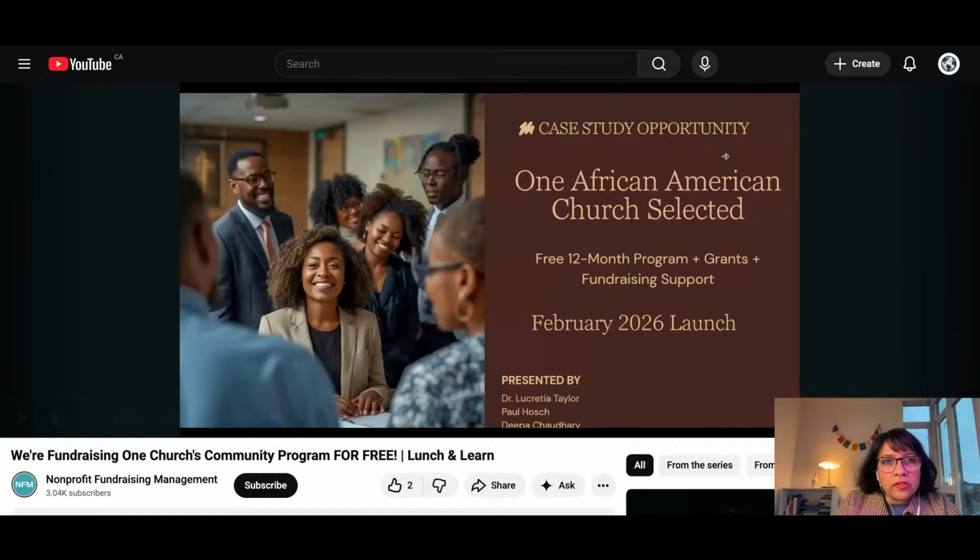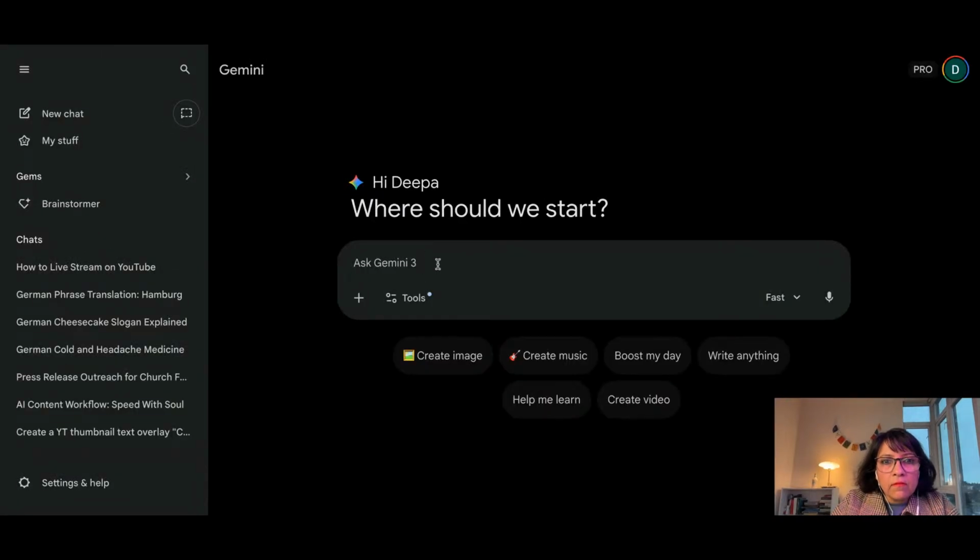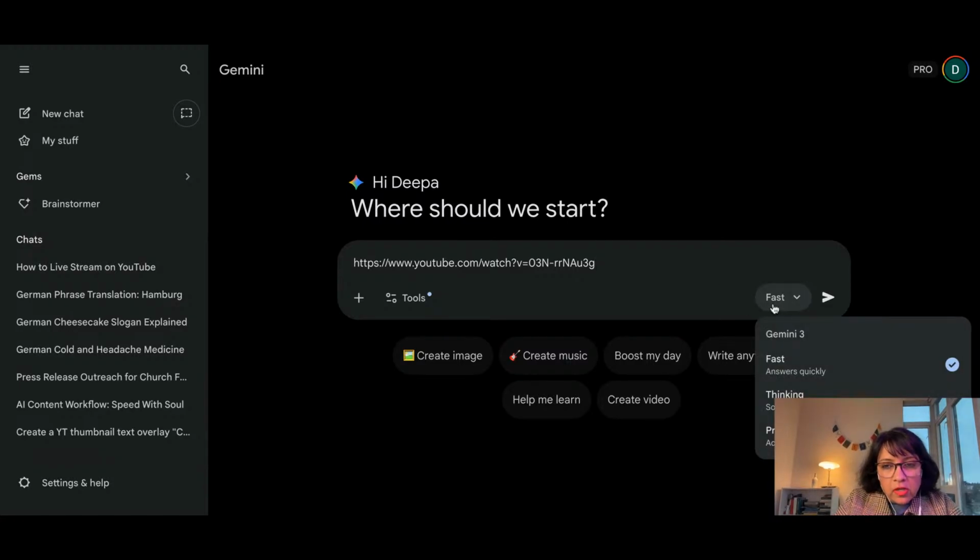And now I want to take this info session. I'll just grab the link of this info session, and I'm going to dump it into my Gemini. So let's go back to Gemini, share this tab instead, and I'm going to just put it here. I'm going to select a better model. So as you can see, Gemini has lots of models. I want to go with their latest drop, which is Pro. The thinking will also do the job. I wouldn't go with fast for this, because I really want the AI to scan through my video, and then I want it to think as well. So let's go with Pro.